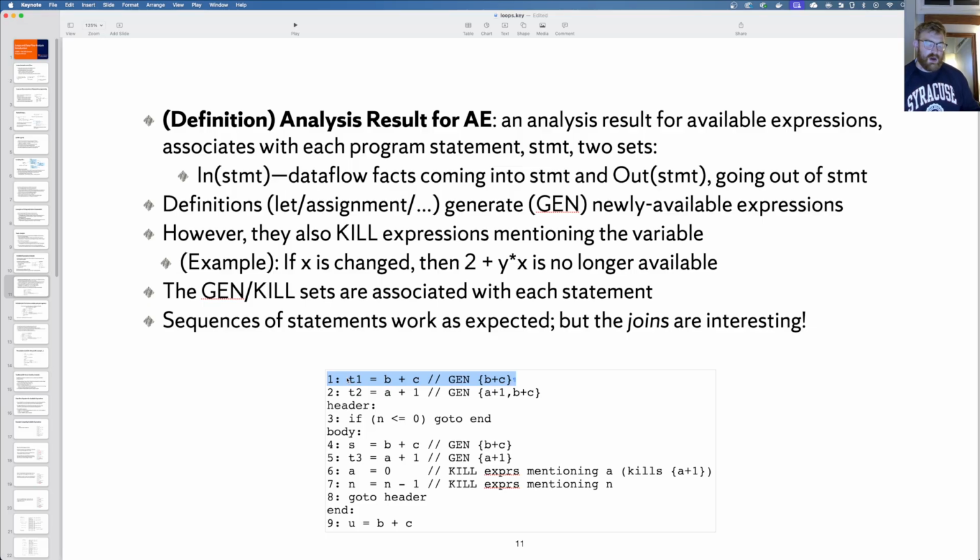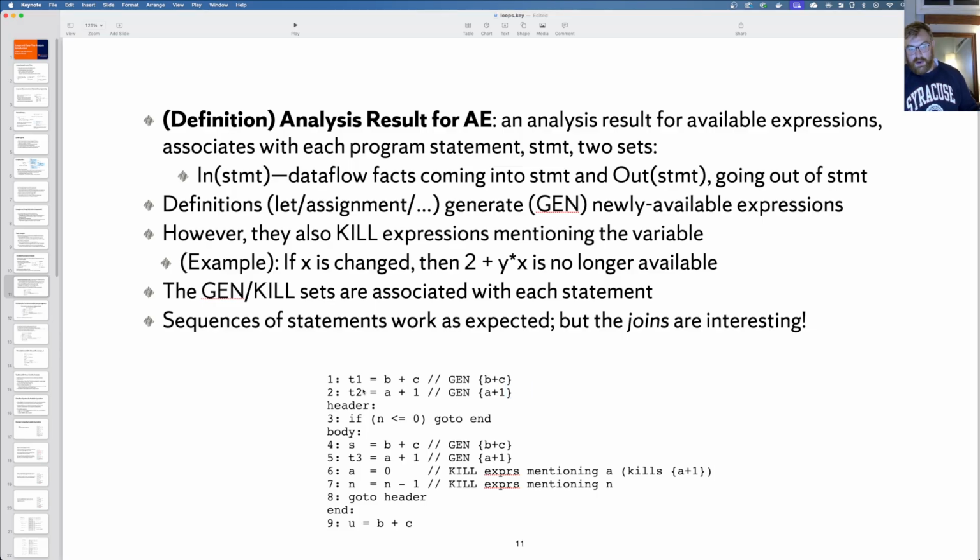Because b plus c will now have been computed and stored in T1, but more importantly for this analysis, we know that in subsequent expressions, like for example line 2, b plus c will be available. And later on, eventually in line 4, the hope is that I'll see b plus c being available as well.